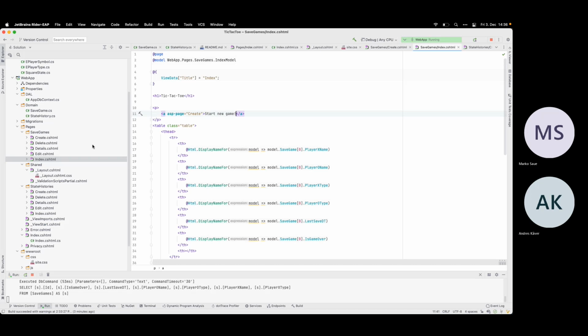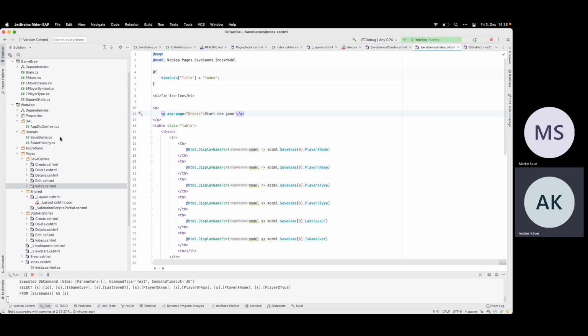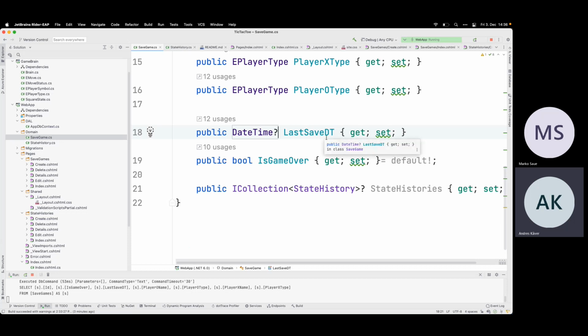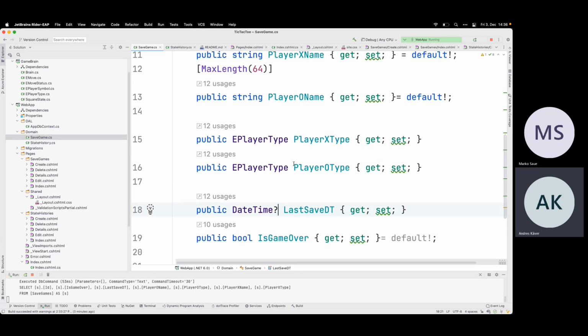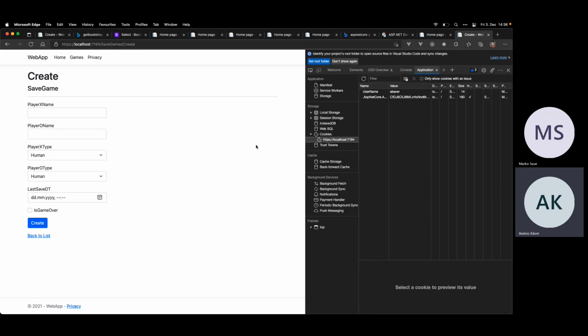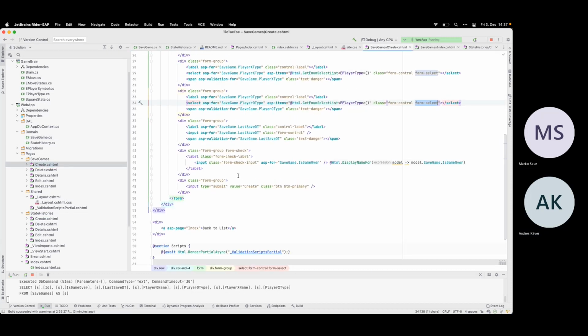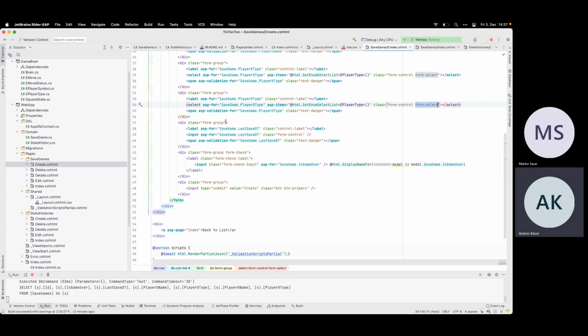Okay. And actually I can see I have one mistake in my database. This one has to be nullable, because when we create a new game, we don't have any save games yet. So I can't write anything useful here. So it has to have the null value. And everything else is probably okay. So let's do the grade. So last save date time, we don't even ask for it.